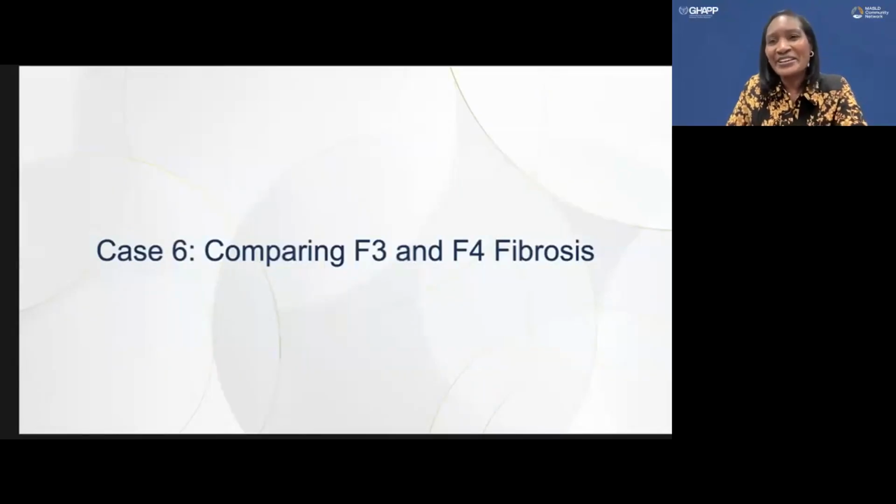So today I'll be comparing F3 and F4 fibrosis. During this presentation, I'll be reviewing a single patient profile and analyzing it under two scenarios, which are 6A and 6B, with differing non-invasive test results. With case 6A,